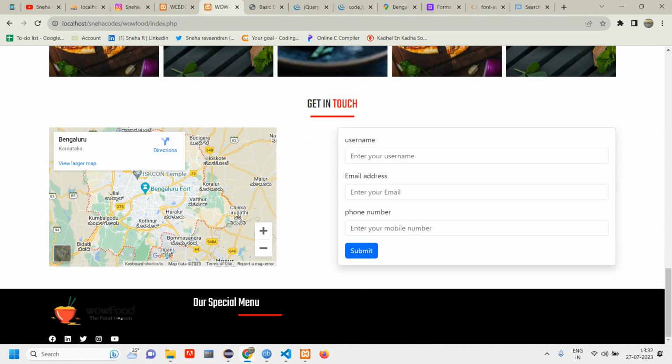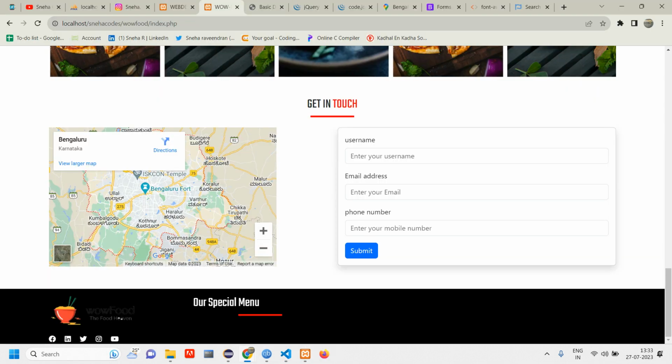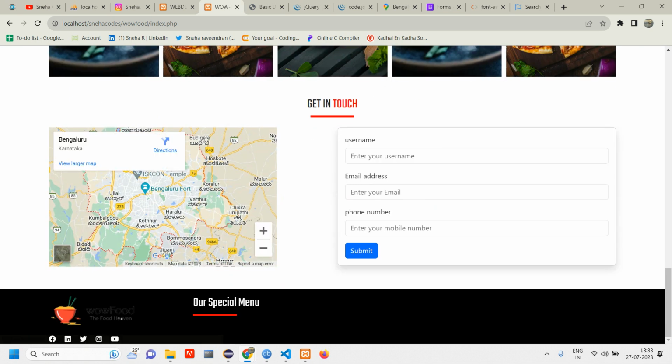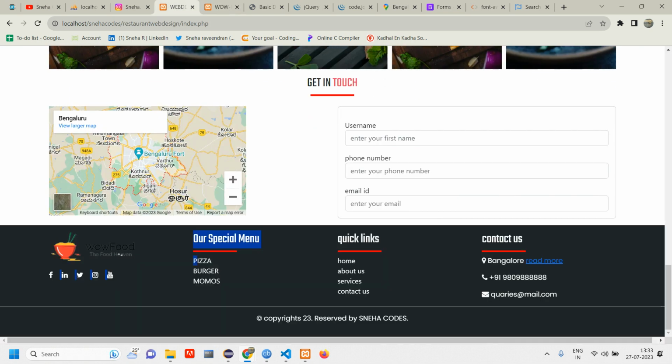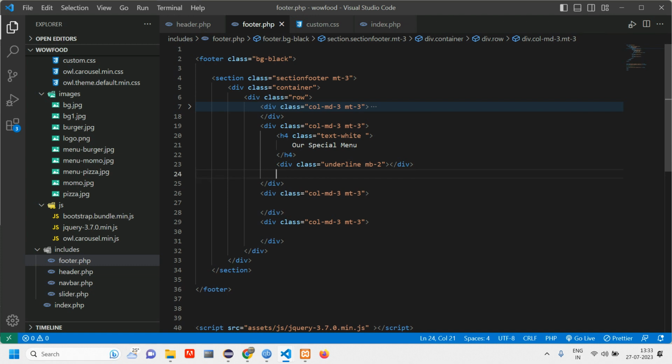So the output is like this. For this, just remove this auto margin and let that margin bottom be there and reload. So you got this, and next thing you have is a list of items. So you can just use a div tag, or you can use that list also. Okay, I am just going with a div tag. So after this I will have, let me tell this as